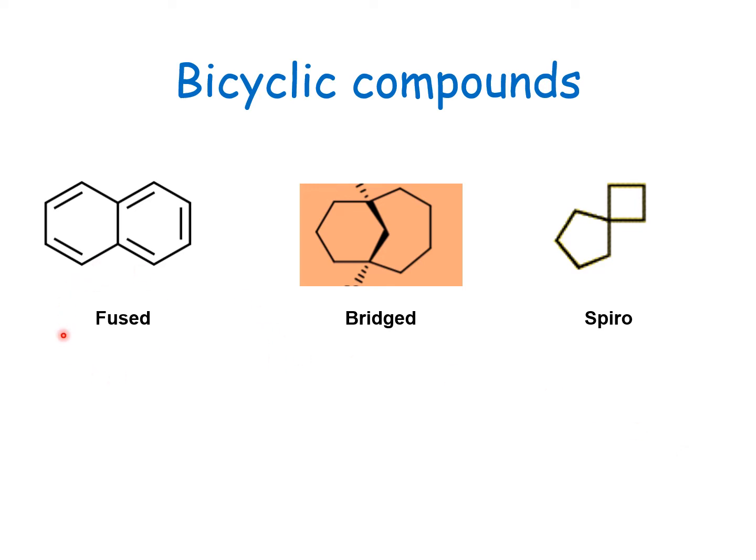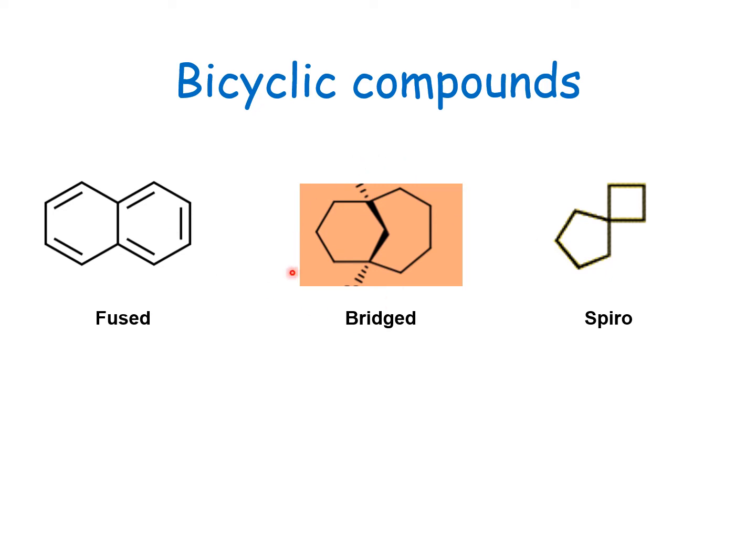In case of fused ring systems, you can see this is an example of naphthalene wherein two benzene rings are fused. So when they are fused, you can see two carbon atoms joined to each other as if they are stuck to each other. So there are two common atoms which are involved in both the rings. If benzene alone is a six-membered compound, two benzene rings don't give you a compound containing 12 carbon atoms, but there are only 10 because two carbon atoms are common in both the rings.